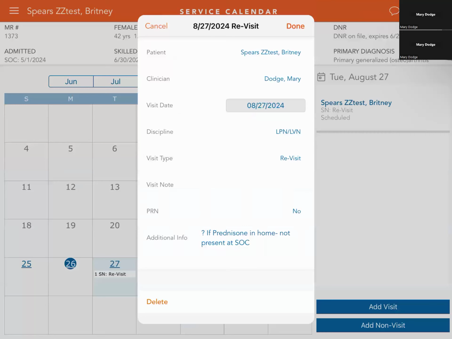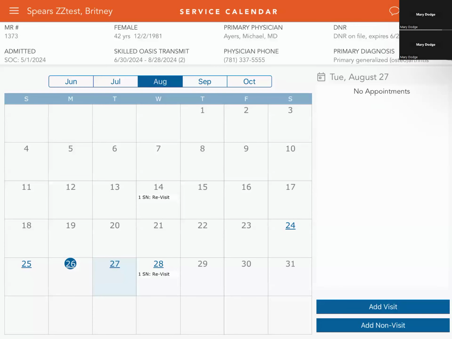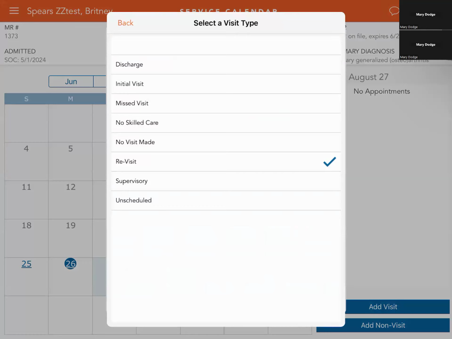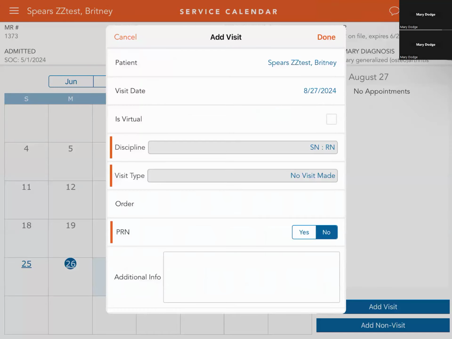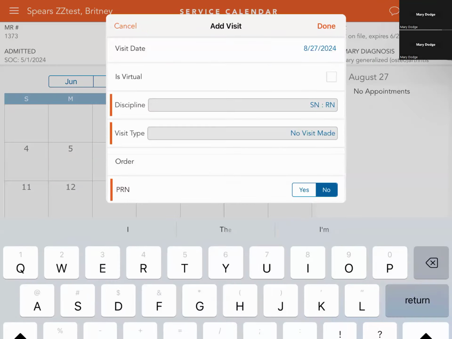You're going to add it to the existing pop-up. So let's say their next visit isn't until Wednesday. If that's the case, tomorrow you're going to add a visit. You're going to do no visit made. And then you're going to write in